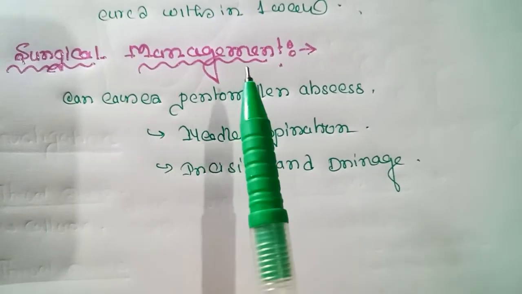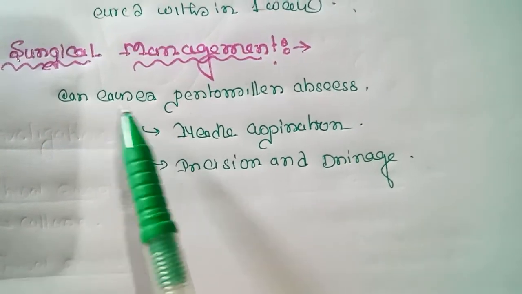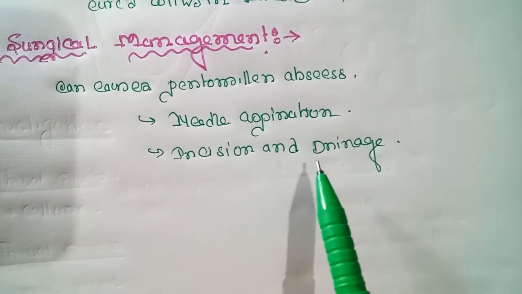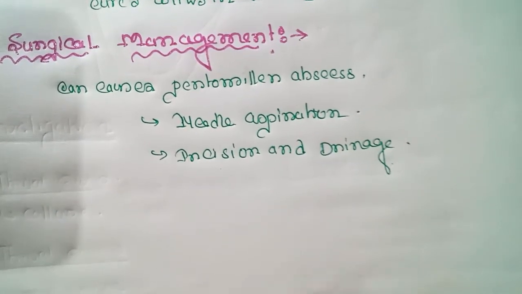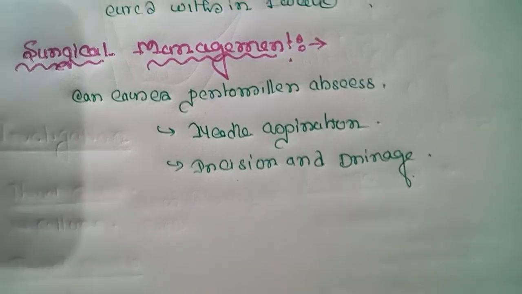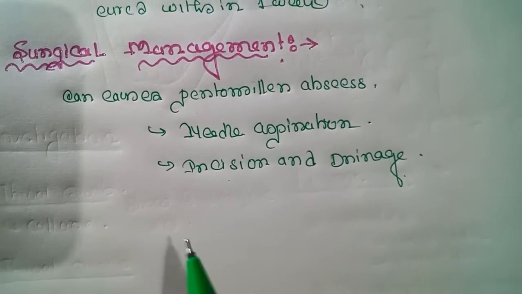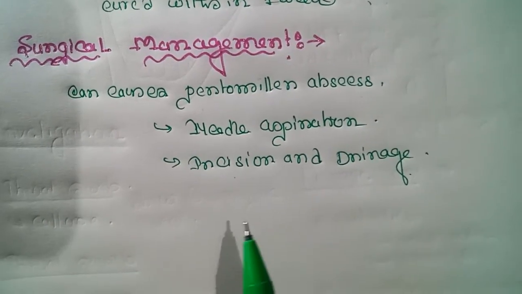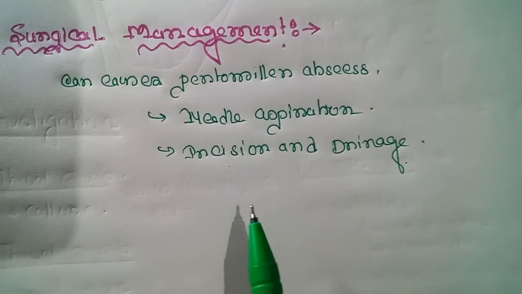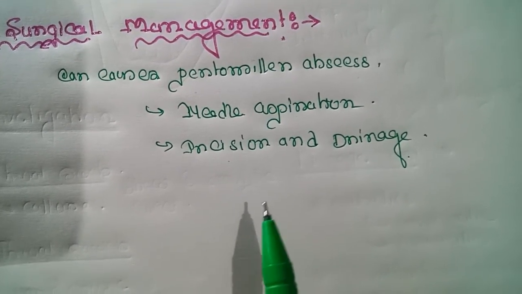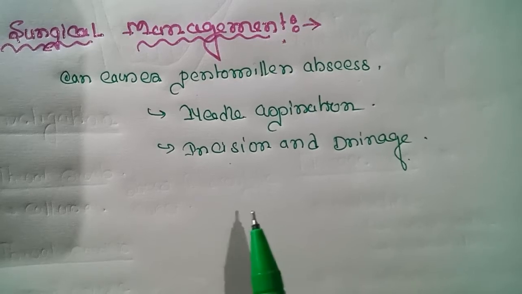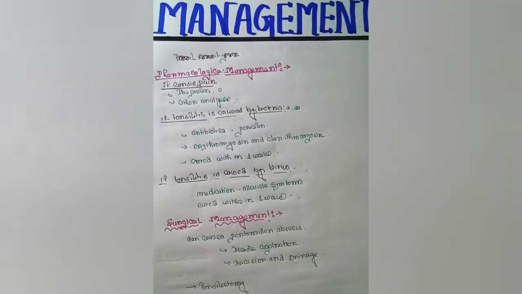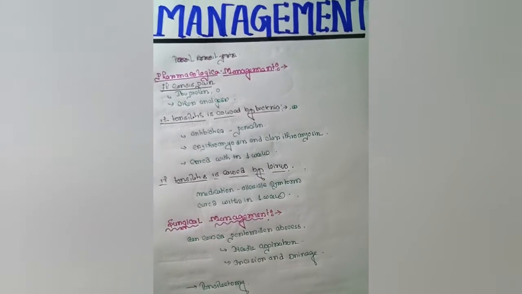On surgical management: if the tonsillitis causes a peritonsillar abscess, needle aspiration and incision and drainage can be performed to withdraw the pus. And if the child has recurrent attacks, when the tonsils are interfering with speech, swallowing and respiration, or when there is risk of developing heart disease, then surgery to remove the tonsils, called tonsillectomy, is performed. This is the overall management of tonsillitis.